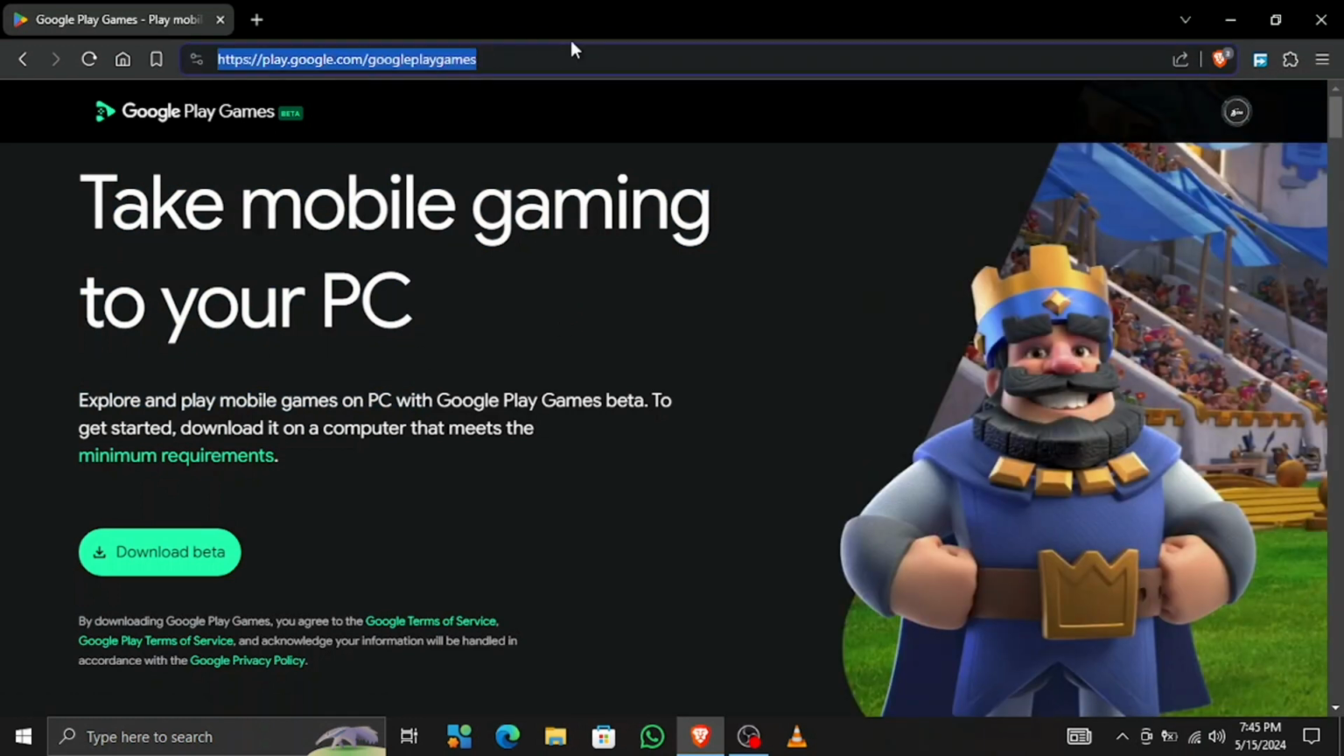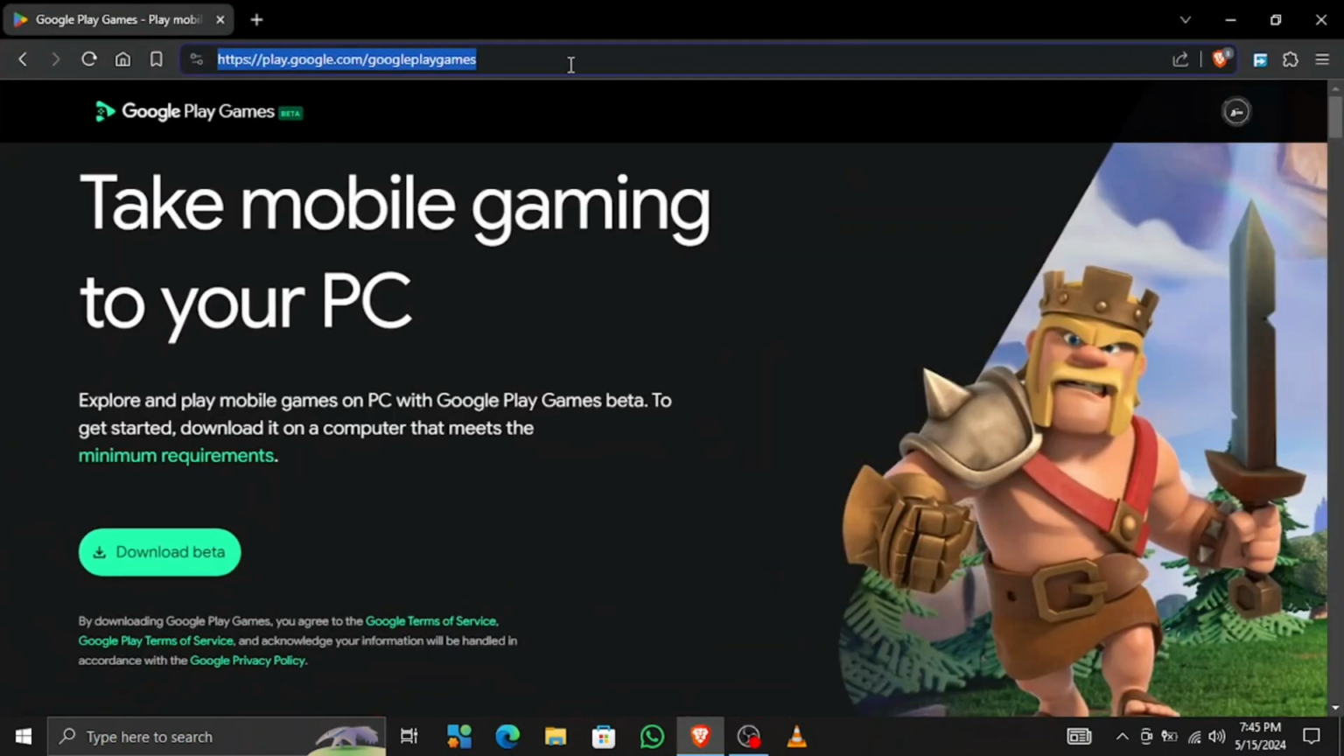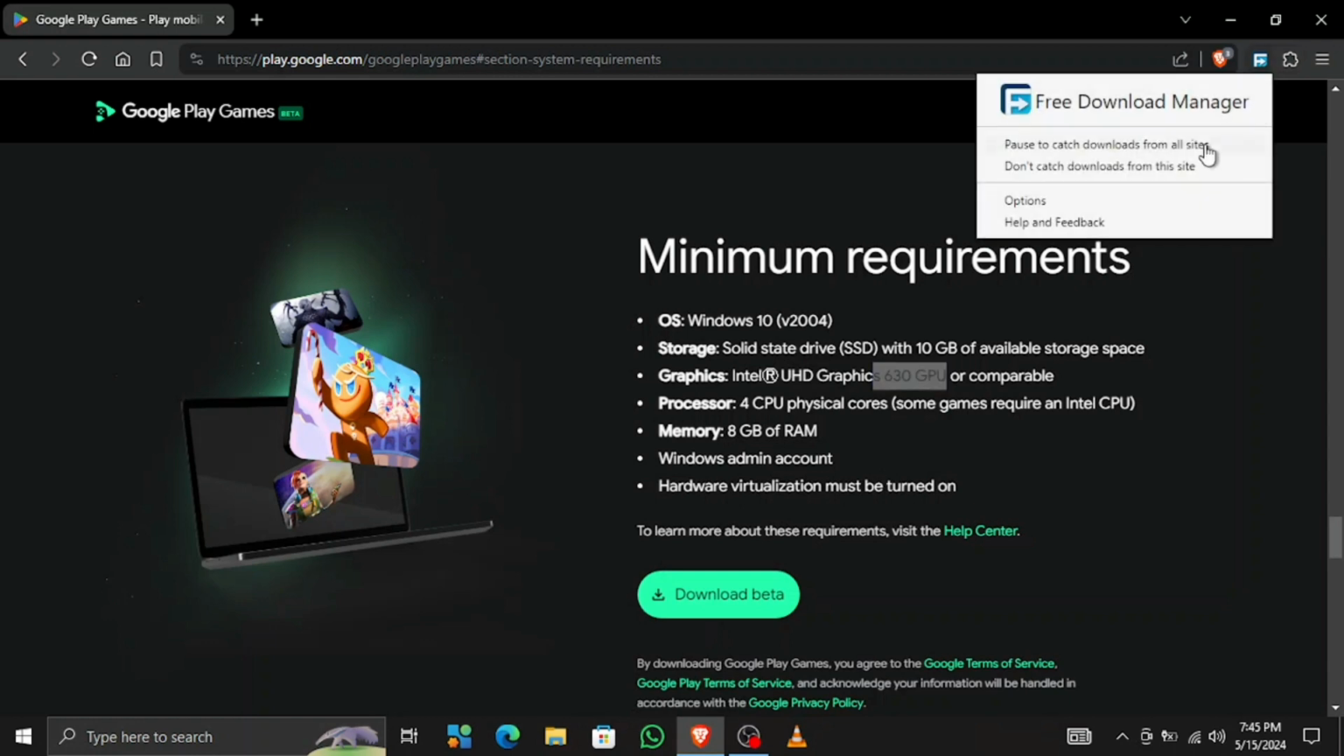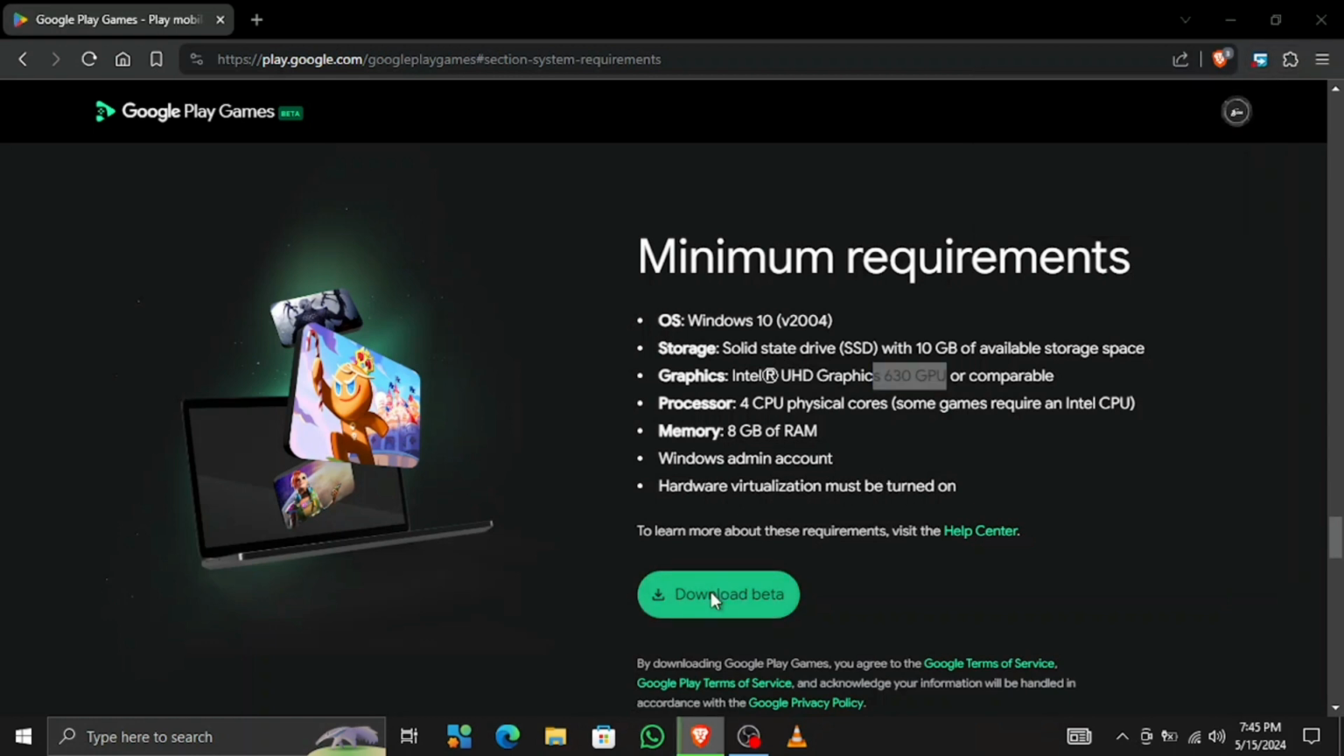To install Google Play Games Beta, first of all, we need to go to this website. Link will be given in the description. Simply go there and hit minimum requirements. Here you will see these are the minimum requirements that your PC should have in order to run these Google Play games on your PC. After you have seen the minimum requirements which are listed right here, the main feature here is the hardware virtualization, which I will show you in the end of the video how to turn it on. So first of all, go here and hit download beta, hit save, and this will now